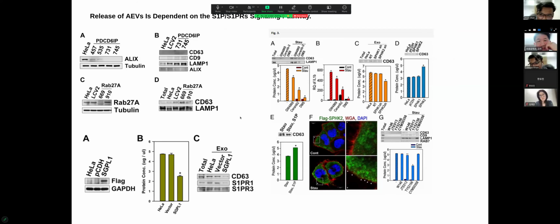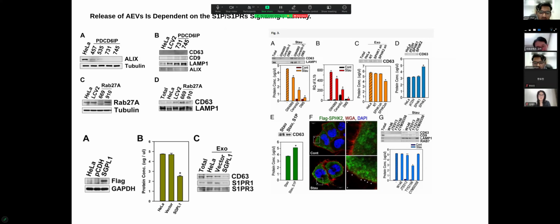And then it was tried to find out what kind of pathway these damage-associated particles follow to be released from the cell. For that, conventional exosomes are released by the ESCRT complex, and the two main proteins of the ESCRT complex are ALIX and Rab27A. When they were knocked down from the cell,